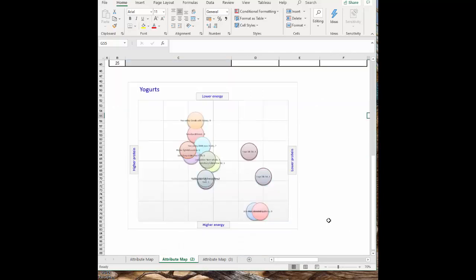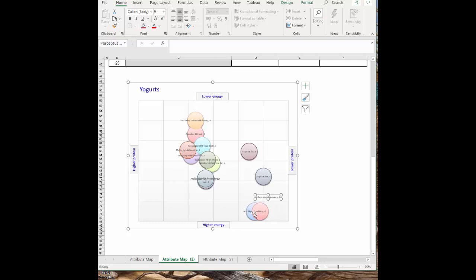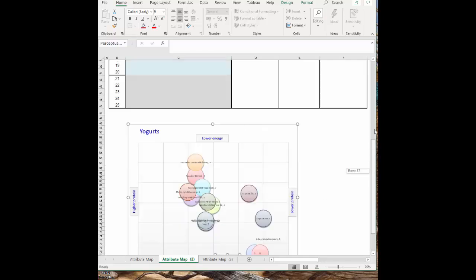Right, so a little zoom in, have a look at what we've got in the graph. Shooting around quite a lot. Right, so for example, we've got a couple down here. Let's just have a look, see what they are. So we've got Arla Protein Blueberry and Arla Protein Strawberry there. So let's move them out the way temporarily. And what I'm going to do is change the size of these two